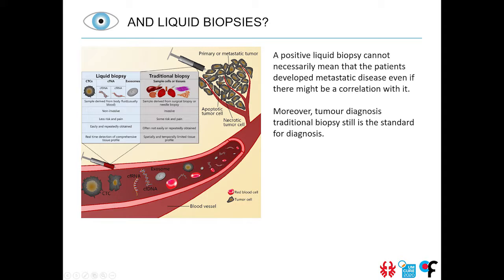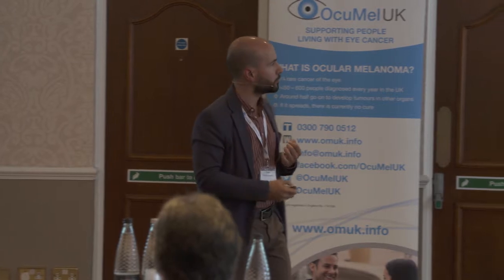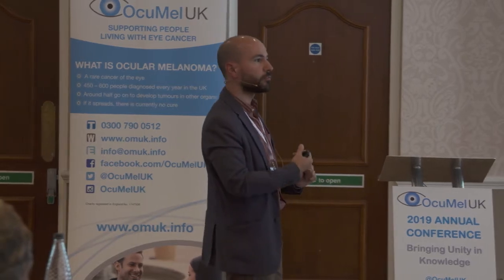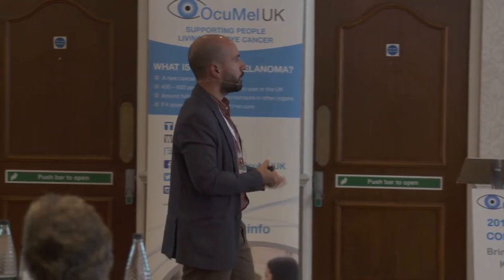And how it works is that a liquid biopsy can be virtually made in every liquid of our body, but it mainly refers to a measurement in blood, okay, in a blood sample. And what it measures is components from the tumor. It can measure cells, so circulating tumor cells, as we mentioned, and parts of the cells, as we saw yesterday and in this first slide.